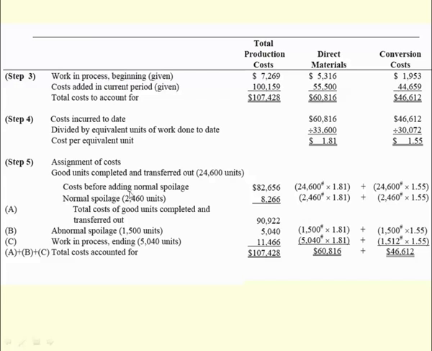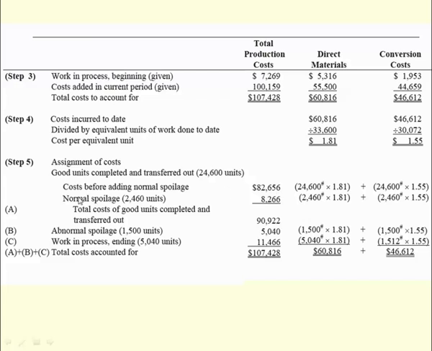So costs before adding normal spoilage will equal 24,600 units multiplied by 1.81 for direct materials and 24,600 multiplied by 1.55 for conversion cost. Then we add the cost of direct materials and conversion cost, which equals